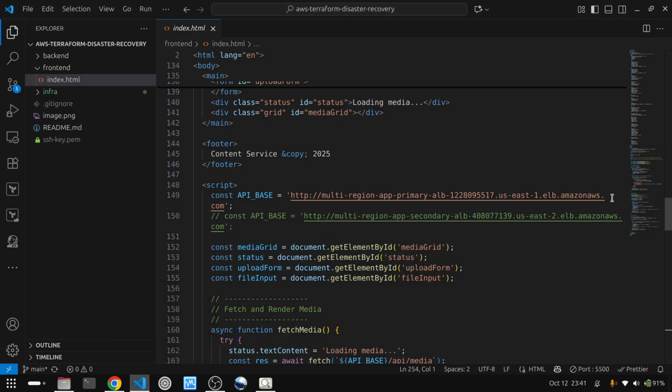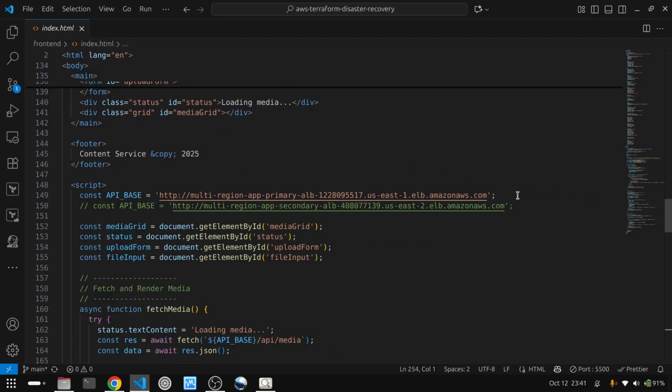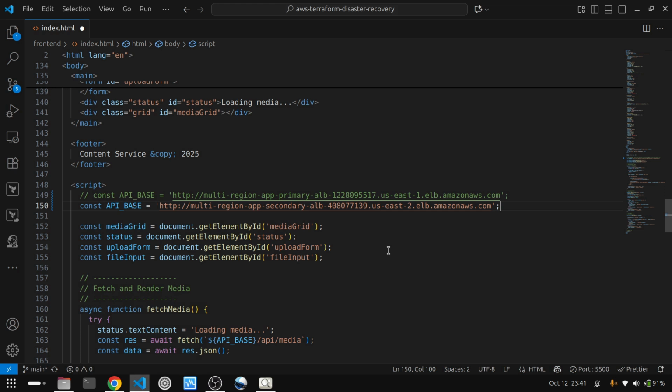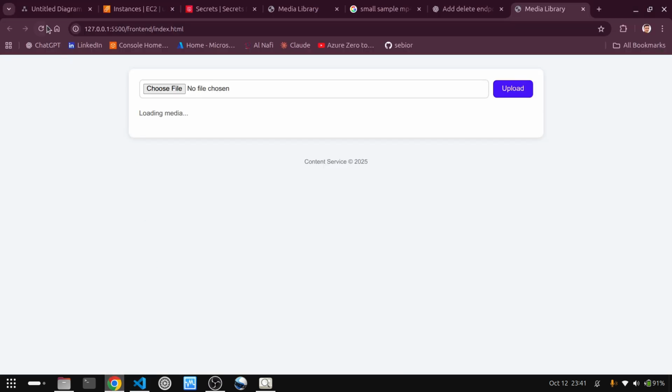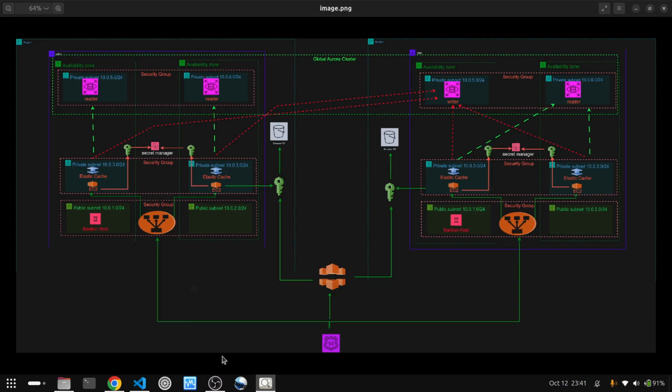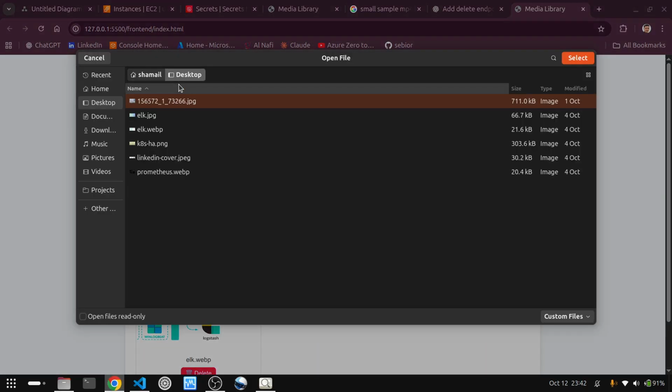So now I'm going to comment this one out because I don't have any DNS, so that is why I could not use Route 53. Otherwise we could have automated this whole thing as well. So now I'm trying to connect to the secondary load balancer. Let's save this one, and then let's refresh. So you can see that it is now serving the whole content from this load balancer. So I'm going to try to upload